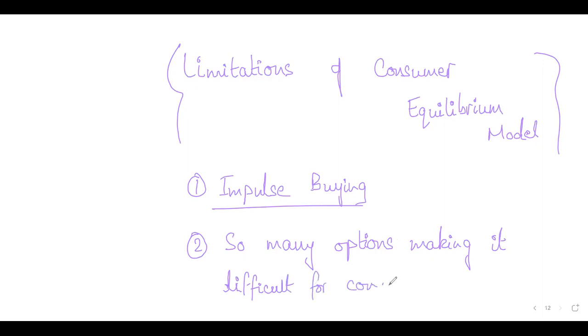So think about this. Whenever you're deciding with your friends where to eat, where to go for dinner, or which restaurant to choose and things like that, what's the idea? There are so many restaurants to choose between that you perhaps cannot explicitly do this analysis and decide which of the restaurants will give you the highest level of utility for each rupee or each dollar that you are spending your money on, right? Is that making sense? So that is another major constraint of the consumer equilibrium model,